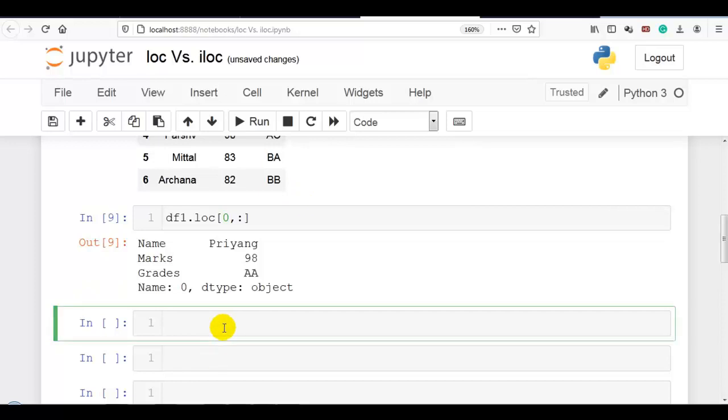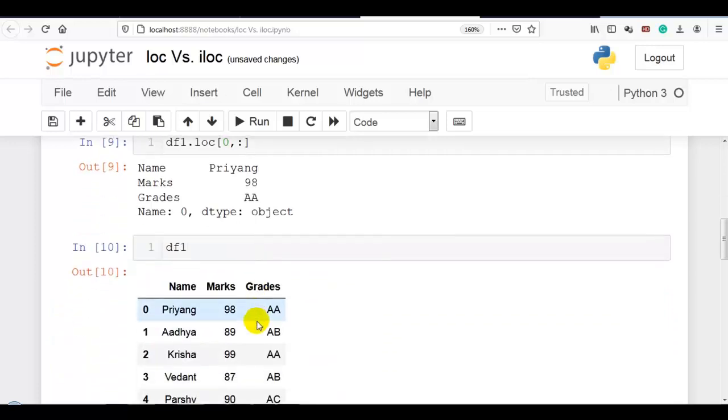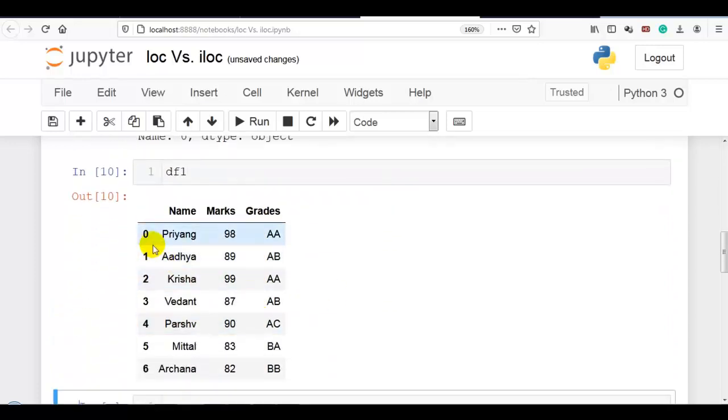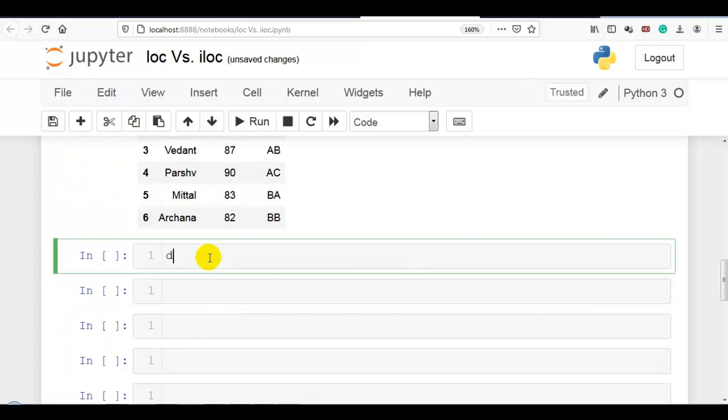Now next, let me again print our data frame. Now I want to select row numbers 0, 1 and 2 with all the column values, this one. That you can do by passing the list inside loc. I want row numbers 0, 1 and 2 with all the columns.